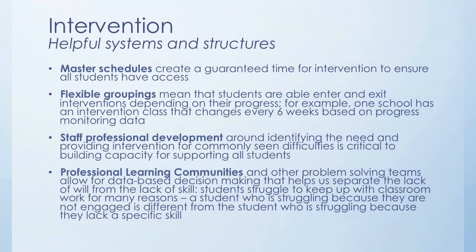Just some helpful systems and structure ideas. We're going to talk about this a little bit more in the next set of sessions. If you can have a master schedule so you can find a way in your classroom to build in intervention time for all students to access, that's really important. Remember those flexible groupings. Again, staff professional development has to be ongoing, and you know what, we're lucky in this board that we're doing this right now. And then professional learning communities. I think